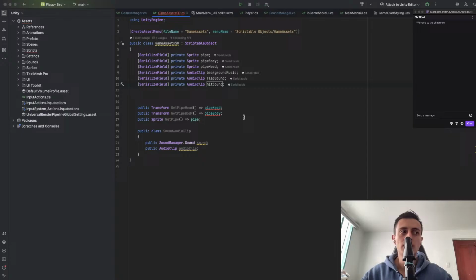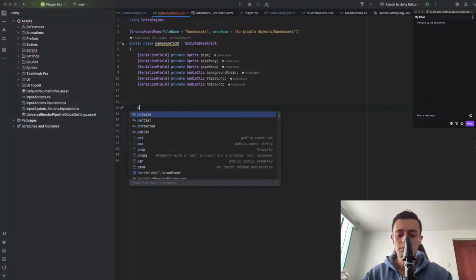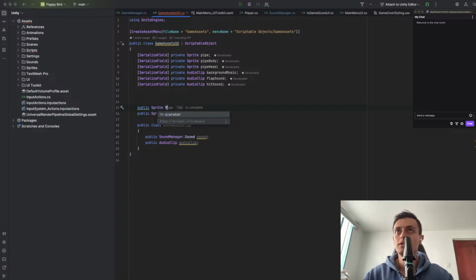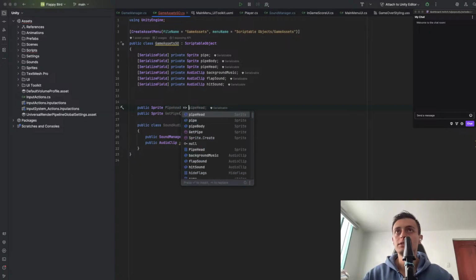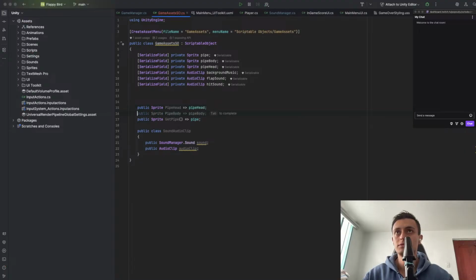Yeah, and for the UI, I would like to have the sounds, but not in the game assets, because the UI sounds are going to be the same no matter what level I am playing on. So instead of these transforms, I'm going to have just a public sprite pipe head. That is essentially my pipe head. Pipe body. This other one will be